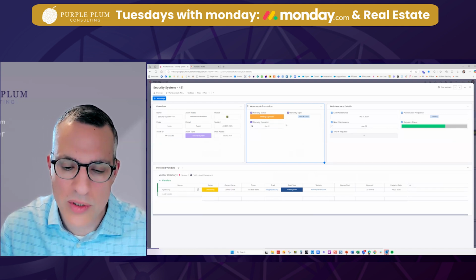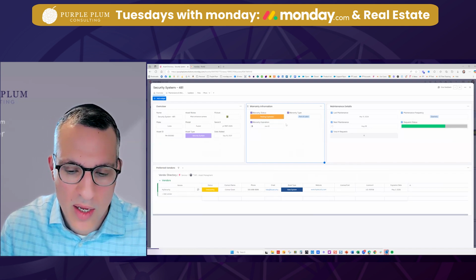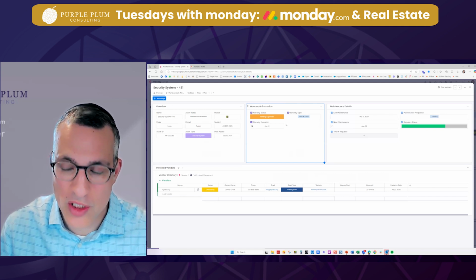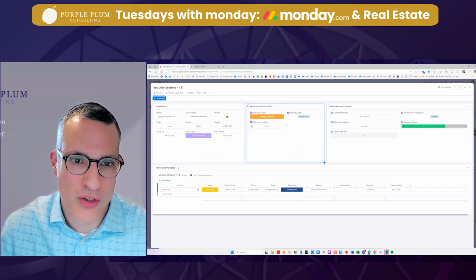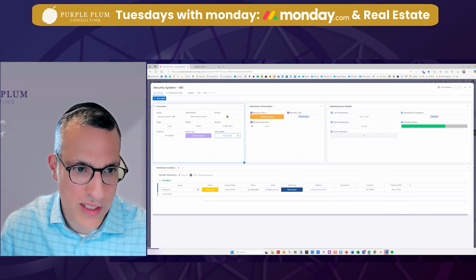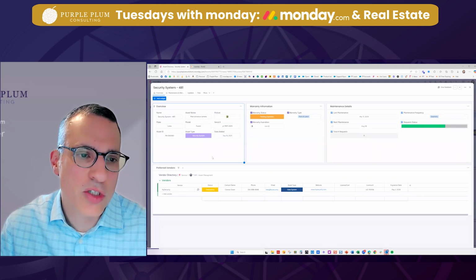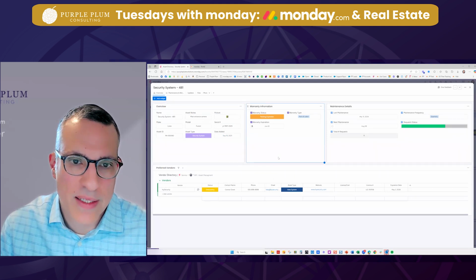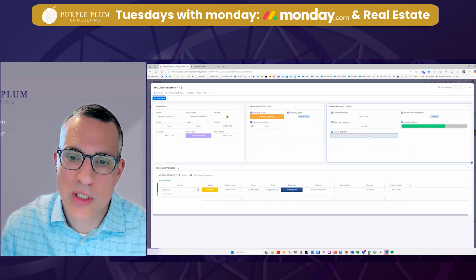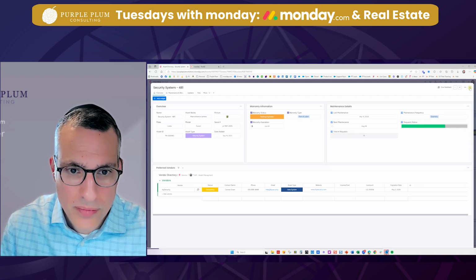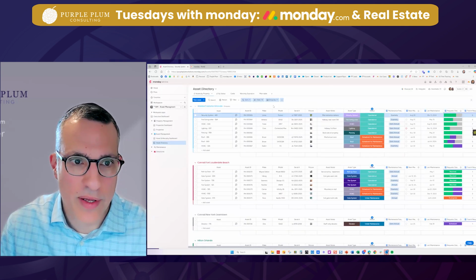We see a lot of warranty usage with Monday Service, where to date, many large companies still use large Excel spreadsheets or Google Sheets to track warranty information for major assets. This obviously takes it to the next level. So for any given asset, we can see serial information, model information, and any warranty information, and then a history of maintenance activity associated with a given asset. I'll jump back out of there.